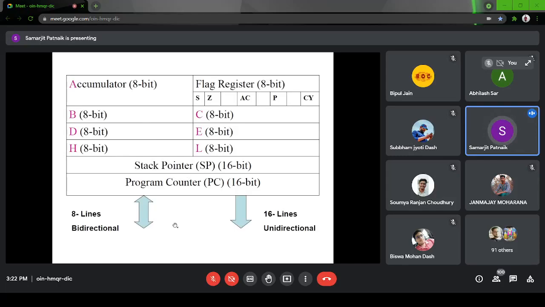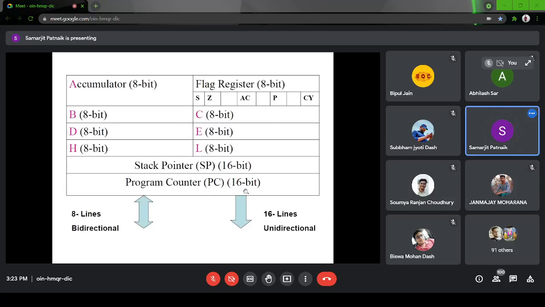Now you might be confused about bidirectional and unidirectional. In order to access the outside memory location, there are two things: one is to transmit data, and one is to find the memory location. Whenever we have to find the memory location, it will be unidirectional. Whenever we transmit data, it will be bidirectional. That means we copy contents both ways, memory to register and register to memory.